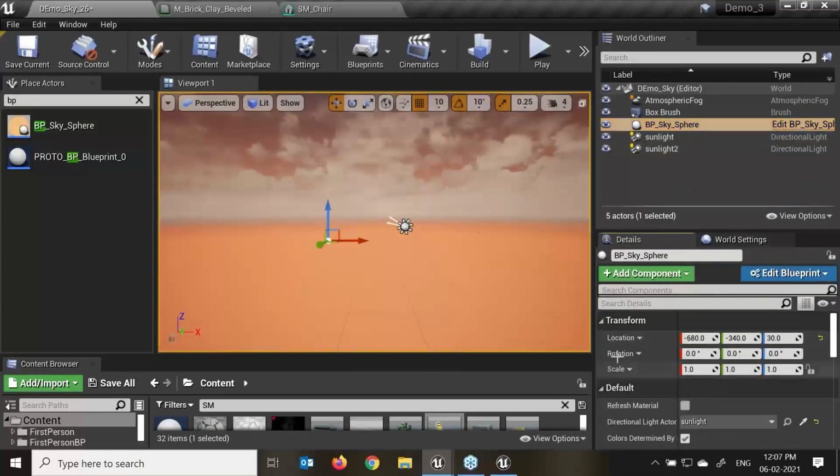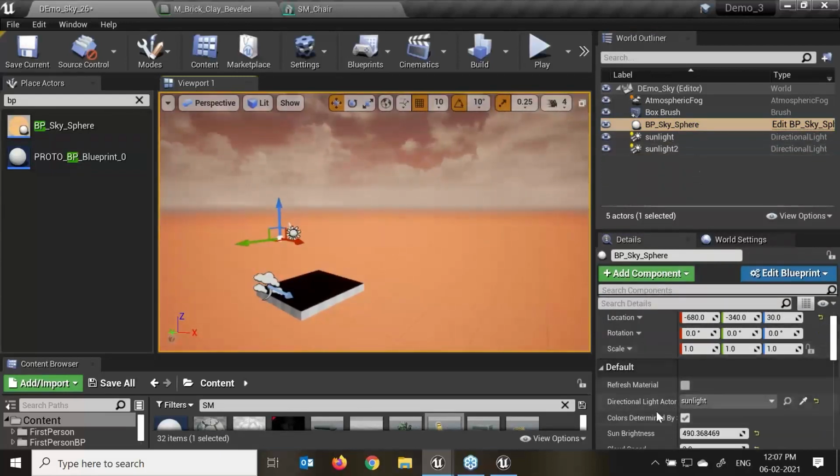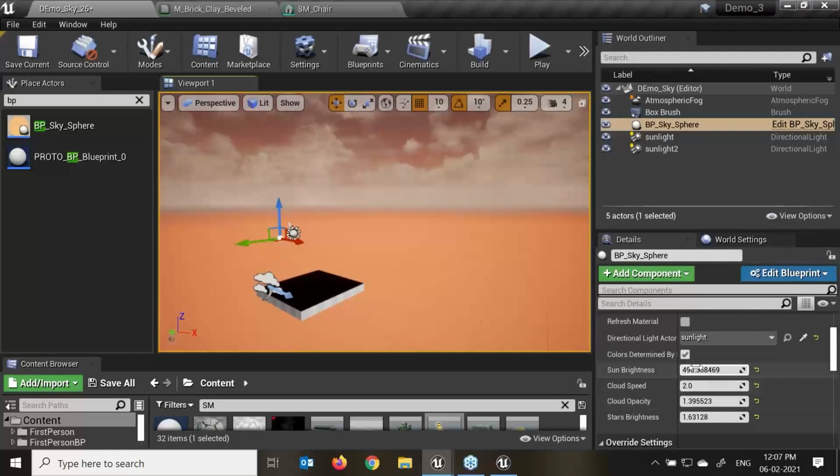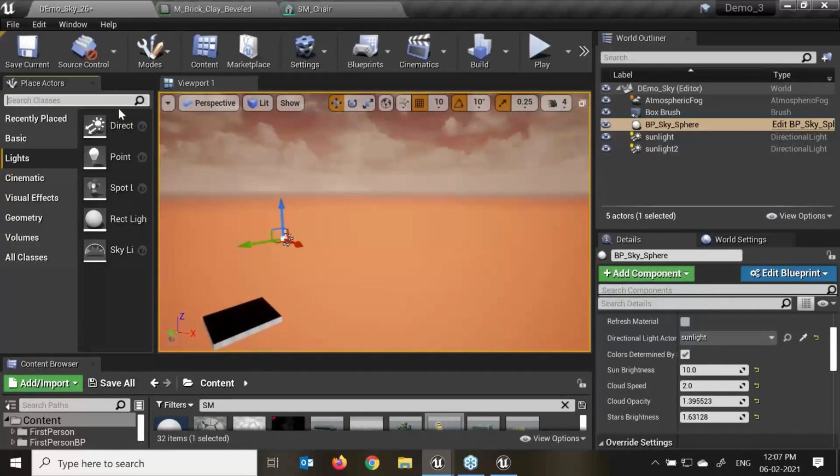BP sky, just make a refresh of that. Now I need to change my light intensity. Sun brightness is too much, make this only 10. Refresh. It takes some time to show that effect over here, but this is how you create the blank screen, right? First create a daylight, then